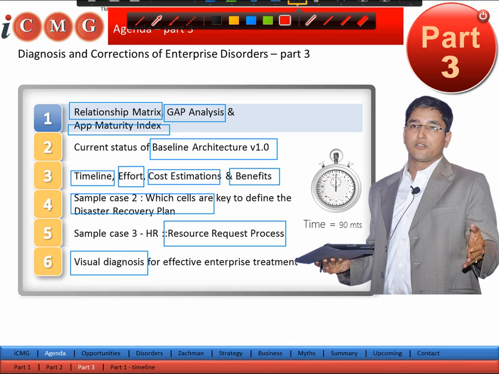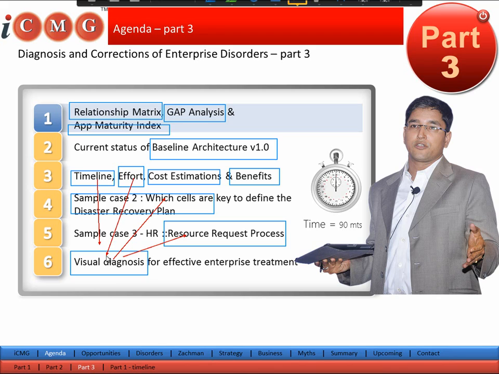More importantly, we're going to see how we could use these concepts of visual diagnosis for solving problems. Unlike what a lot of people might think, that it's going to be a very time consuming and expensive technique, we're going to see that visual diagnosis, which is the basis for medical treatment, works similarly for enterprise treatment, and the timeline, effort and costs are going to be much lower than